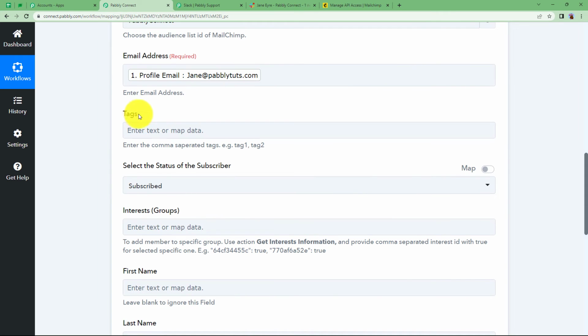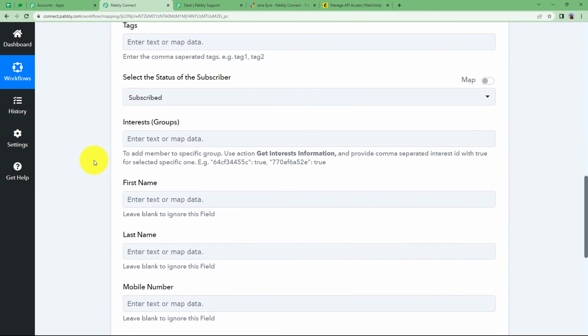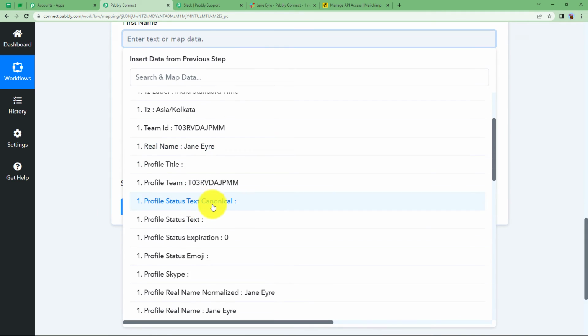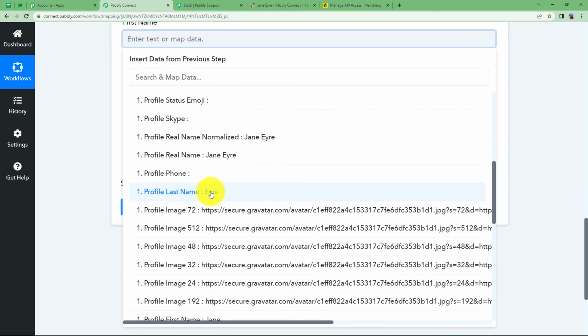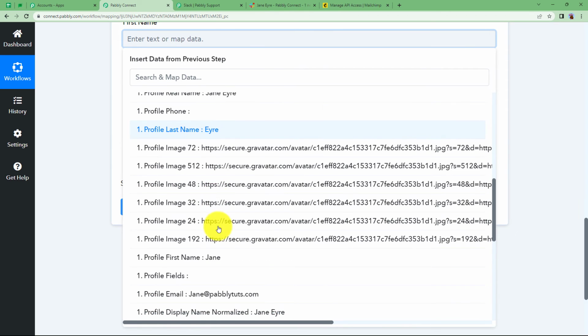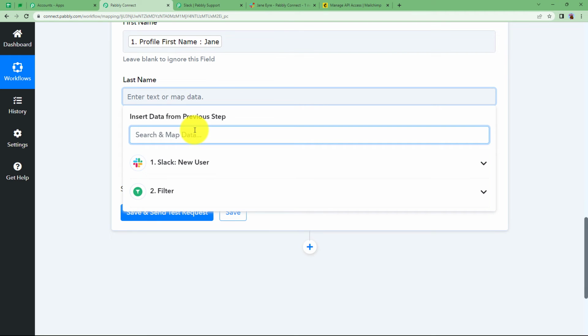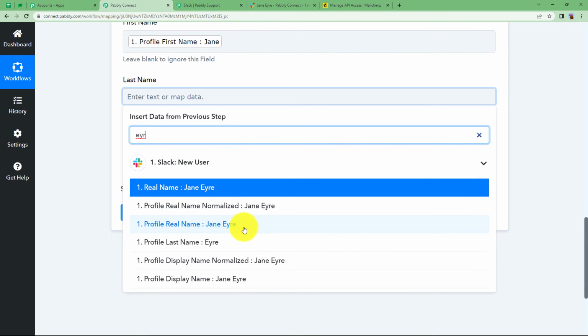Now tags, since it is not required, I'm going to leave that field open and empty, but if it is required, it is necessary to fill something in that field. Now first come over here, this is the first name. So see, do we have the first name? Yes, we have the name over here. This is the last name, and similarly you will be having the first name. See, the first name, and similarly type over here in the search and map data,